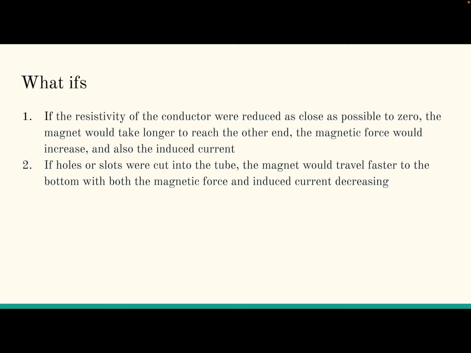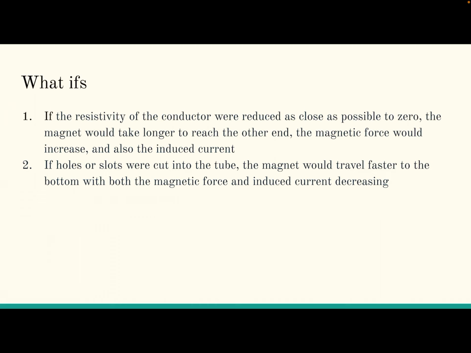And finally, the what ifs. If the resistivity of the conductor were reduced to as close to zero, the magnet would take longer to reach the other end. It's because the magnetic force would increase and also the induced current, meaning that because it's the force of gravity minus the magnetic force, if the magnetic force gets bigger, that means that there's more force against the bar magnet,